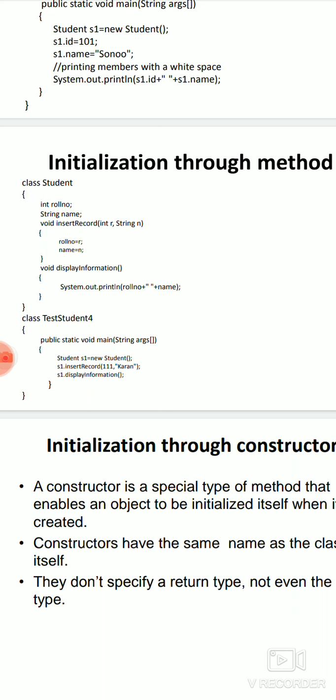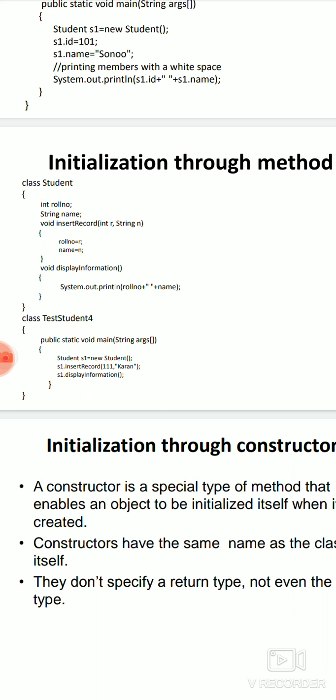So here is how we have initialized the object. Our object has a roll number and the name. Instead of writing the value there, after writing the class, we have used an object, and using this object you have created the student parameters, and with that object we have accessed the method, that is initialization through method. Now again you can display all this value, so we can use S1 dot display information.